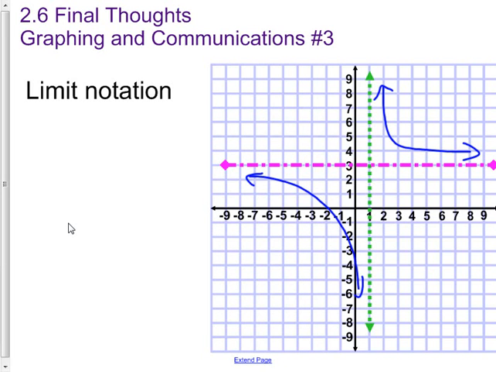Okay, so we're talking about limits to start with. This is preparing for the communication test. Communication and graphing are the two big tests that you're going to have on Wednesday and Thursday of this week. So if you had a graph that looked like this, you should be able to write me 4 limits